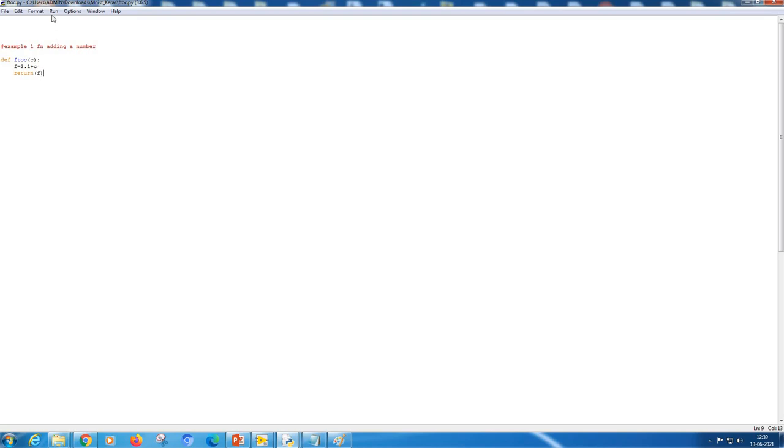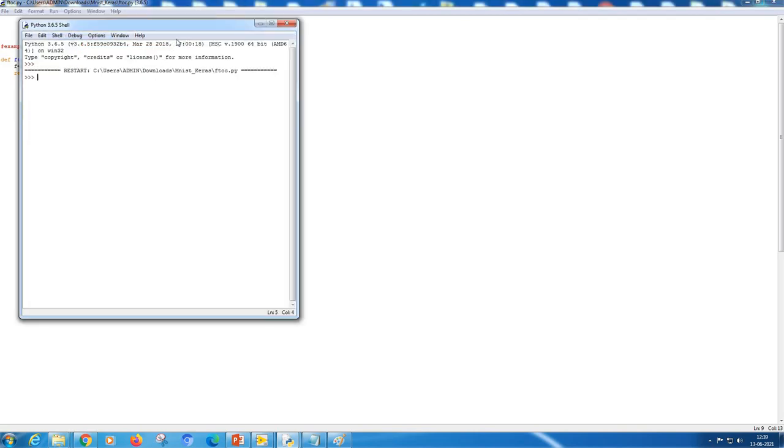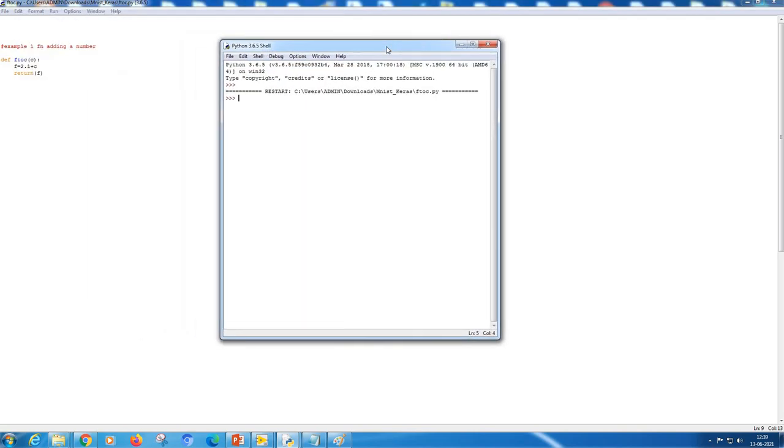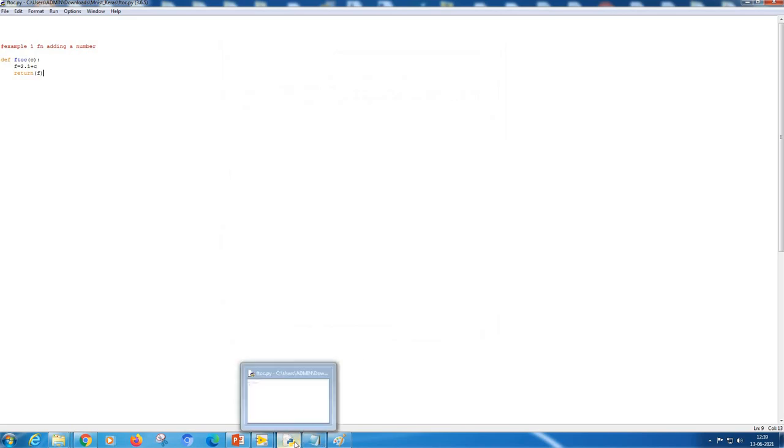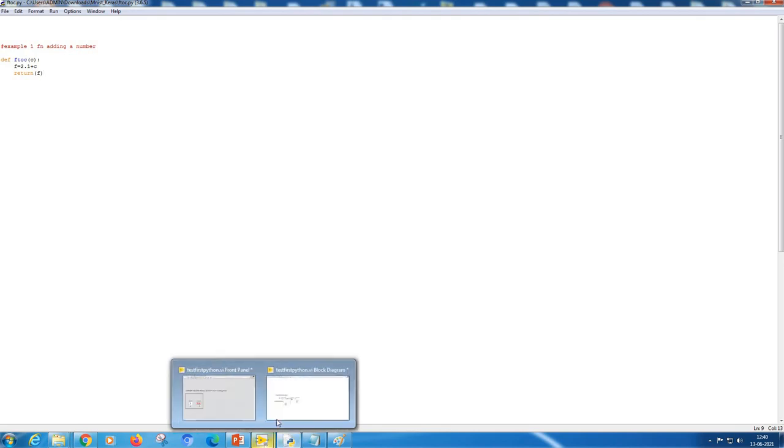That's all. If you want to test that, you can go to the run mode and say f2c in brackets 1. So you get 3.1, you can see on the screen. How do you achieve the same thing in LabVIEW?